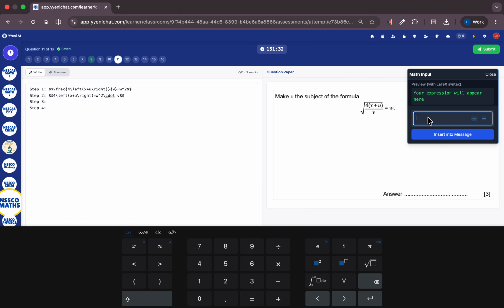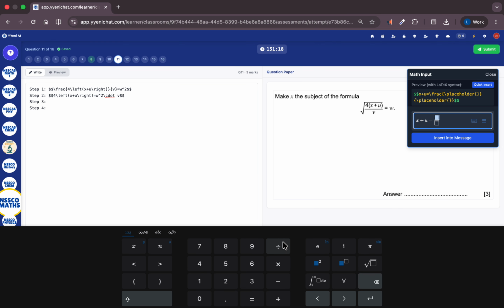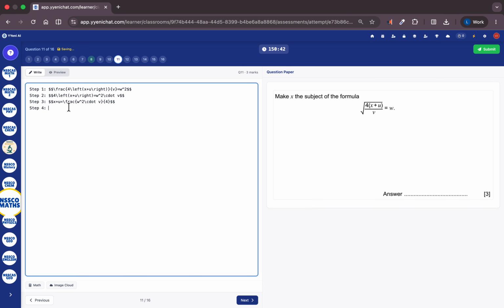Now I'm going to divide by 4. Therefore, I'm going to have x plus u equals to, and if you want to enter a fraction, just click the division sign first, divide by, and then you come here and you enter w squared times v over 4. Insert into message, and then lastly